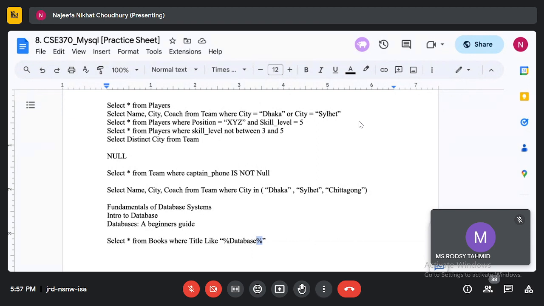Okay, is this clear? That's how we use LIKE and mod.